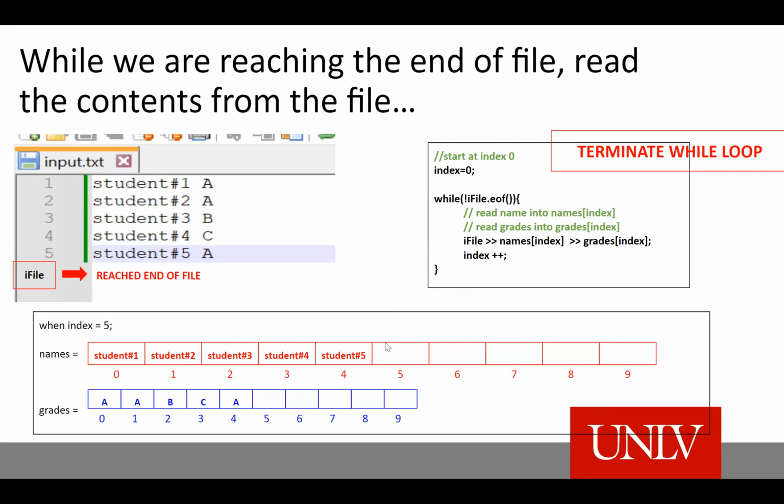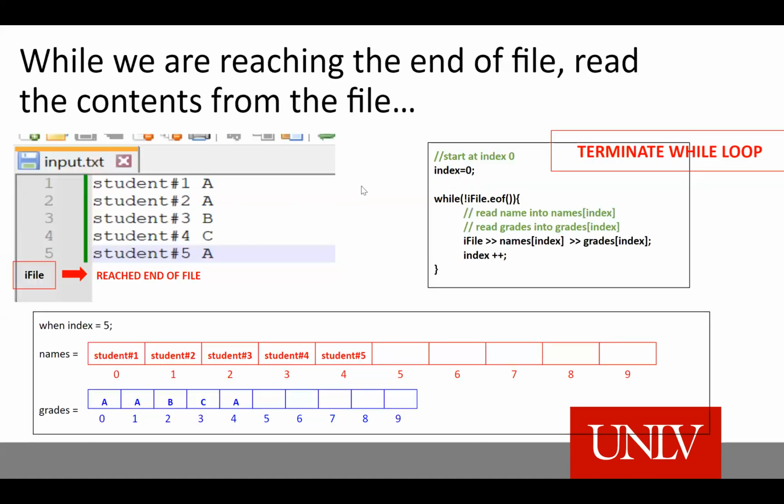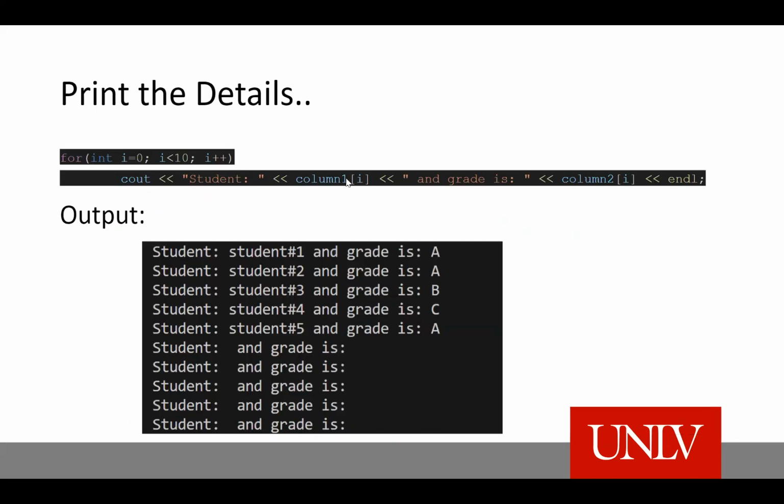And again, do not forget, since these are of string and character type, all the elements are initially initialized with null values. And I just used a for loop to iterate over these, starting from 0, going all the way till 10. I'm printing the name of the student, which is available in column 1. So in my code, though I have said names and grades are the variable names for storing student names and grades, when I ran the code, I stored them as column 1 and column 0. So ignore these. Student name is stored inside an array of column 1, and student grade is stored in an array of column 2. And if I print them starting from 0 all the way up to 9, but not 10, this is how the output is going to be.